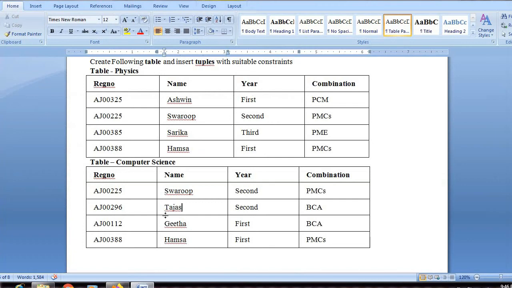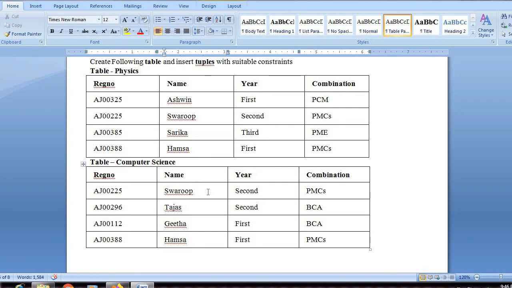So here what happens is, first it goes to the physics table and finds the students who are studying in second year, that is Swaroop. Then it comes to the computer science table, and checks who are studying in second year. Here Swaroop and Tejas both are there. But Swaroop is already present and here present again.